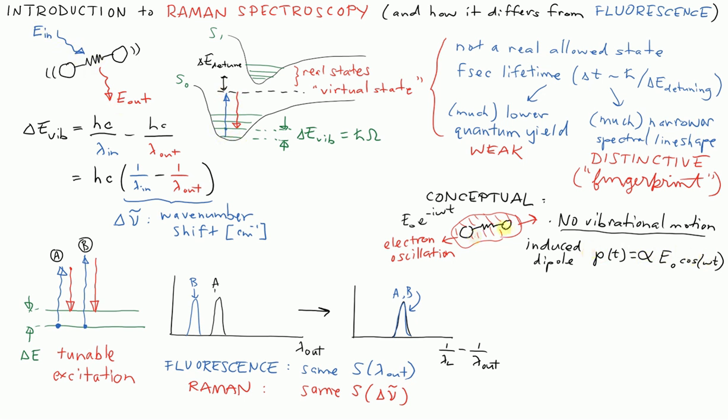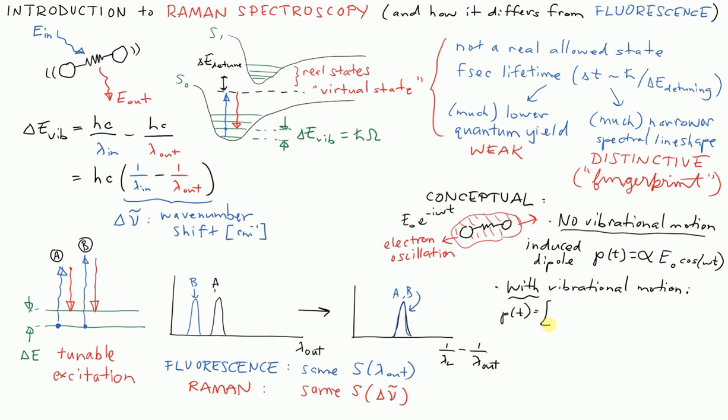So how do we get these new frequencies generated? Well, that's the function of the vibration of the molecule. So if we have vibrational motion, now imagine that as the molecule's 2 atoms, 2 nuclei get pulled farther apart, maybe that electron cloud becomes easier to shake, or maybe it becomes harder to shake. In either of those two cases, this alpha is no longer constant in time. As the 2 atoms vibrate and change their relative separation, the polarizability alpha also changes. So we're now going to end up in a situation where the dipole moment that's being induced as a function of time